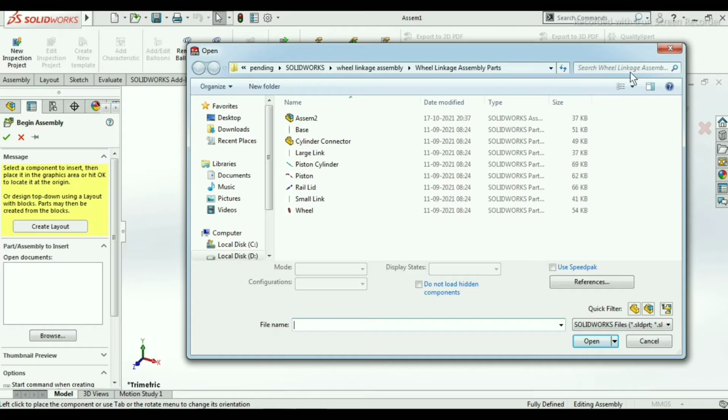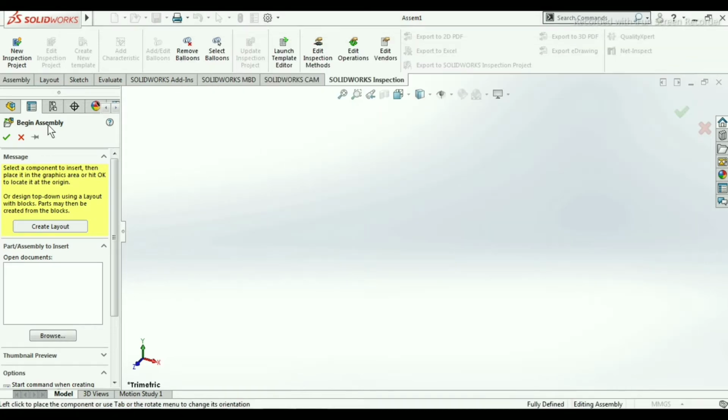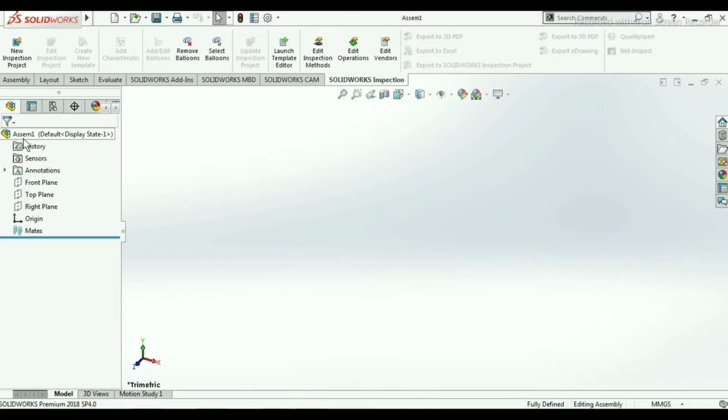Here we don't want this file, so click on cancel and then click here cancel. Then we will check for the units.